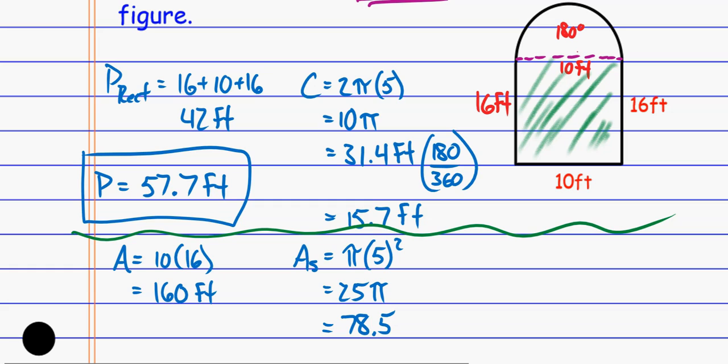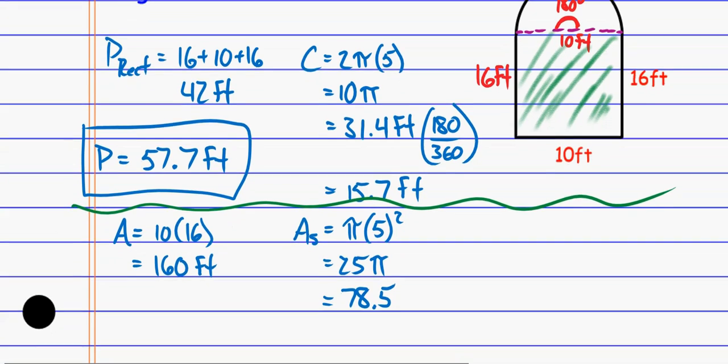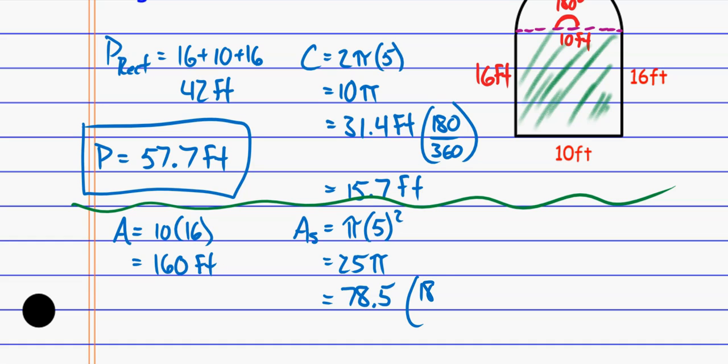Just recognizing that it's a semicircle, that it's half, I can just divide this value by 2. Or if I'm officially looking at it in terms of this representing 180 of the 360 degrees, so down here, that's 180 out of the 360, which is the same thing as multiplying by 1/2, the same thing as dividing by 2. And so I get from my sector area 39.25 square feet. Well, if I want the total area, I need to add these two things together. So I'm going to add that to the 160 over here, and so I get a total area of